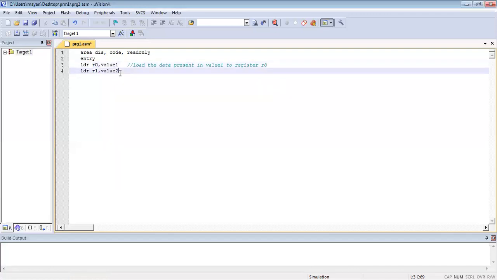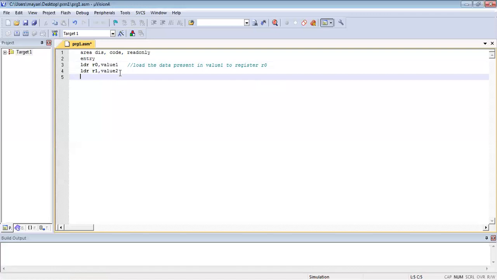After taking the two values, next we have to multiply them. We use UMULL, which is unsigned multiply long, because whenever we multiply two 16-bit numbers, we get a 32-bit result. That can be stored across two registers.